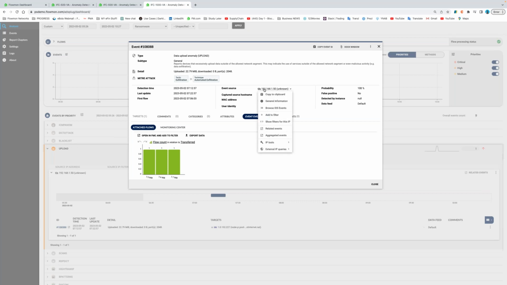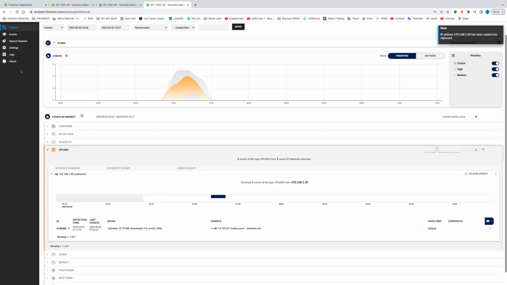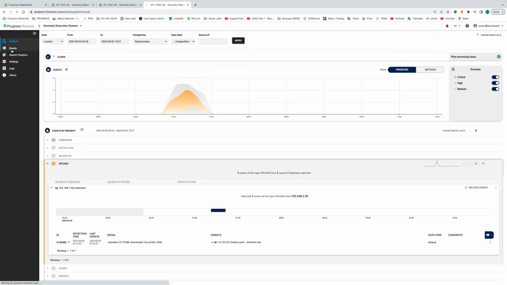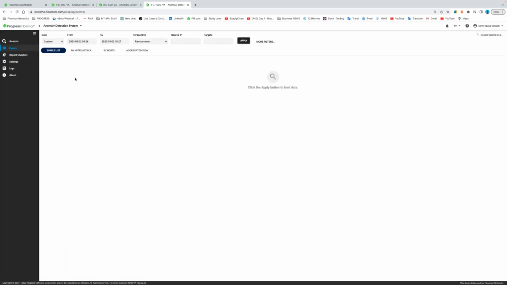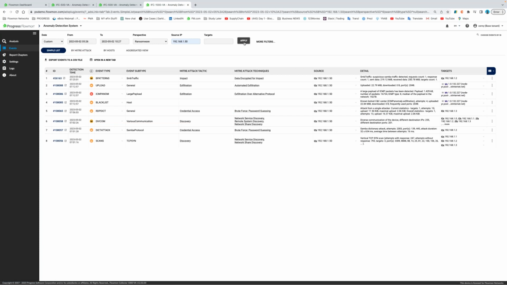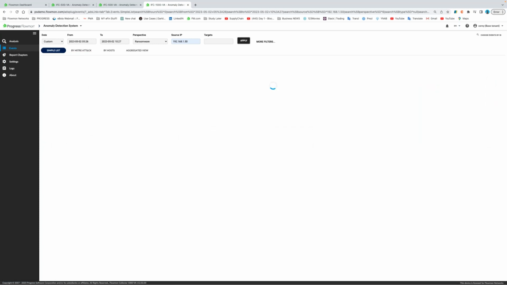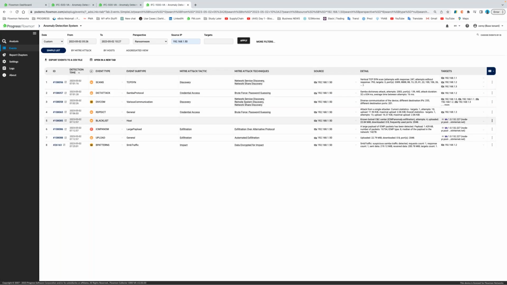So I know that it's this IP address. I can just easily copy it, and let's move from analysis view to the event view. So in the event view, I can easily mark down the IP address and look for the data. So first, I can see the data by a simple list. If I just click on detection type, I can order it as though